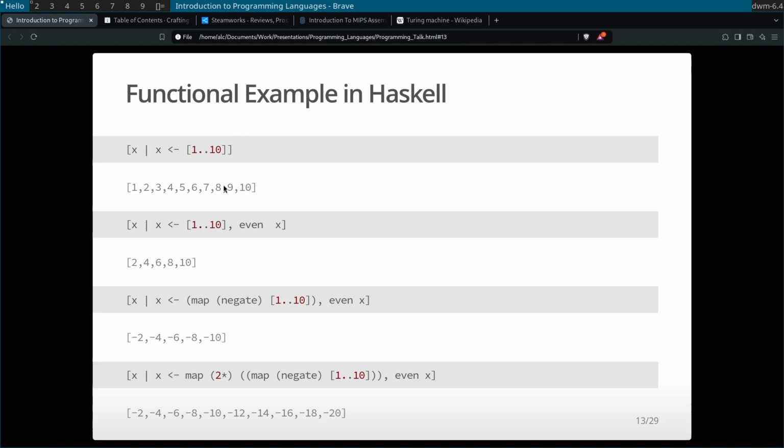So even if I wrote all these things into a file, I don't have to necessarily run them in the specific order. I could call them at different times, to where some of the code might never be run depending on what I'm asking when I'm running the program. But this is a functional example. So anytime you see brackets, that's what generates a list of numbers. And if you've ever done set notation, this should be really familiar to you. So basically, I want a set such that the elements of that set come from a list of 1 to 10.